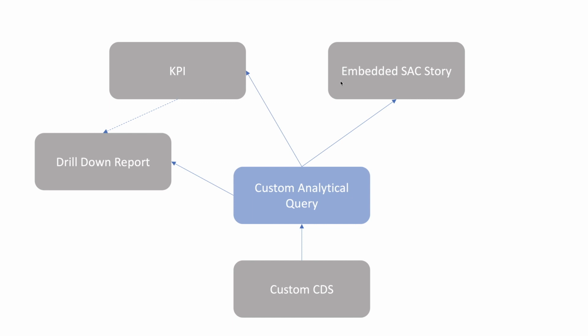And then lastly, we'll create an embedded SAC story, and this embedded SAC story will serve the purpose of providing our users a dashboard, if you like, that provides them a bird's eye view, a 360-degree view of the transport operations happening in their area. Namely, it'll provide one page that gives them high-level purely transportation information in terms of volume utilization, weight utilization, capacity utilization, if you like,